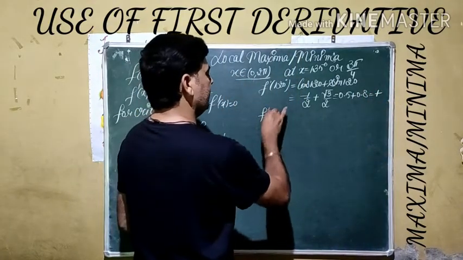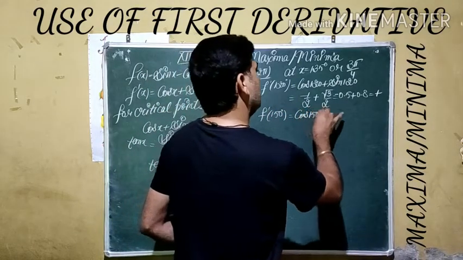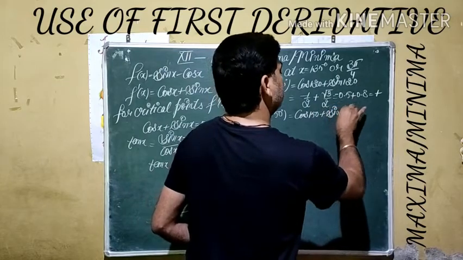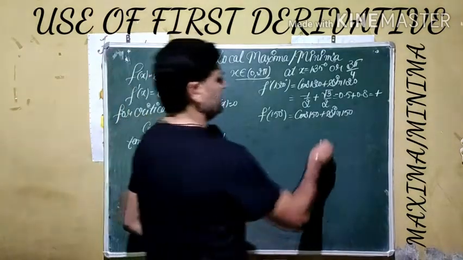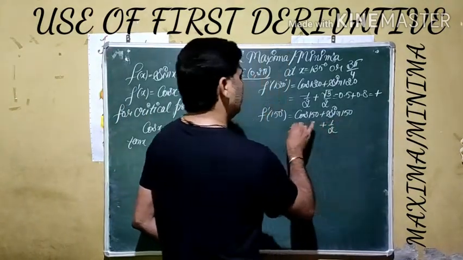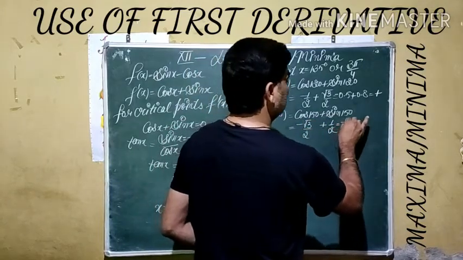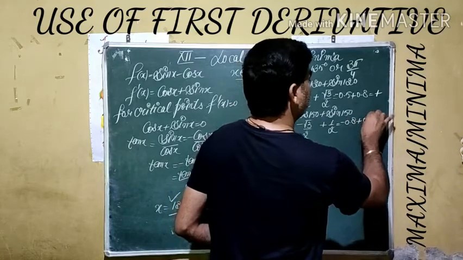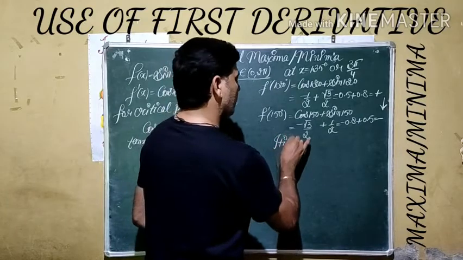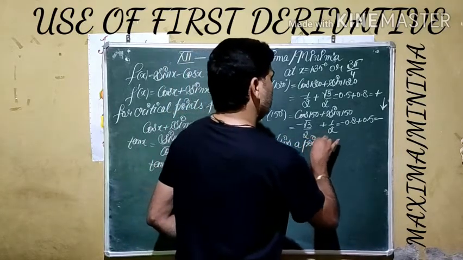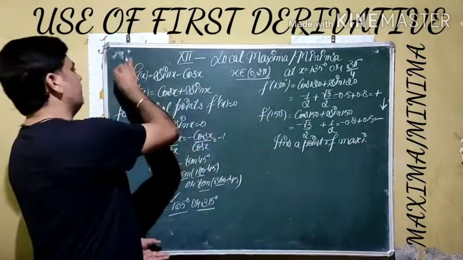On the right side, we use 150 degree, which means cos 150 plus sin 150. Sin 150, if we calculate using the plus 1 concept, becomes sin 180 minus 30, sin 30 value 1 by 2. Cos becomes cos 30 value with minus symbol. If we calculate from here, minus 0.8 plus 0.5, the answer comes out negative. Change of sign from positive to negative is a point of maximum.